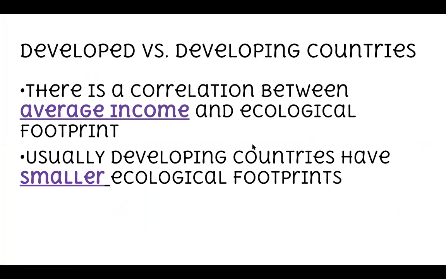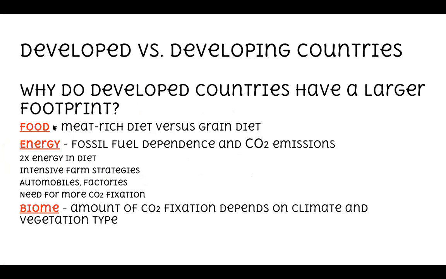Okay, so the correlation between developed and developing countries has to do with the average income and the ecological footprints. So usually developing countries are going to have smaller ecological footprints. And reasons for that could be their diets. In developing countries, we tend to have meat-rich diets. So cattle, pork, all those things take a lot of land and energy to sustain, versus a grain diet, which would be like rice and wheat fields, things like that. They don't take as much energy, or they don't cause as much an environmental impact as the cattle and the pork that we would need to